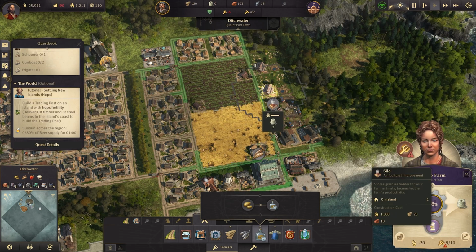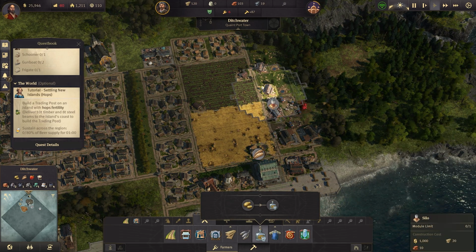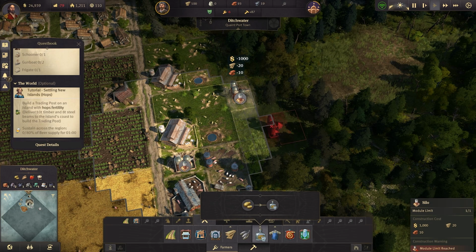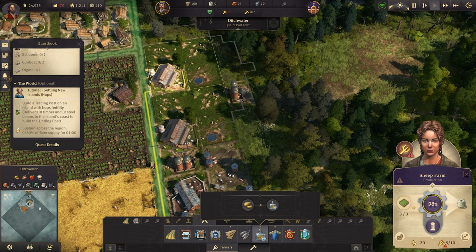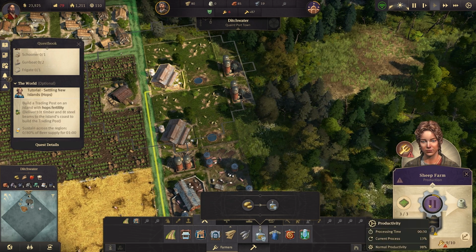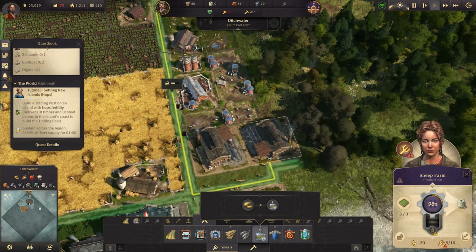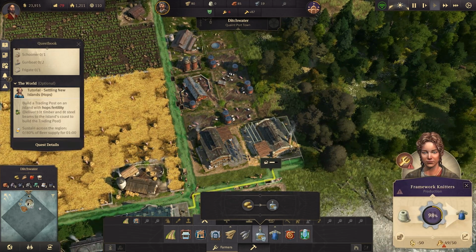Now, a silo will store... Let's build a silo. The sheep farm here, we'll put it there. And then I think we can build another one here, just to increase the productivity, because I can't build another sheepfold there. So the silo will definitely help. That gives us a little bit more opportunity to store some more grain. The pig farm is fine. That has a silo. And our framework...